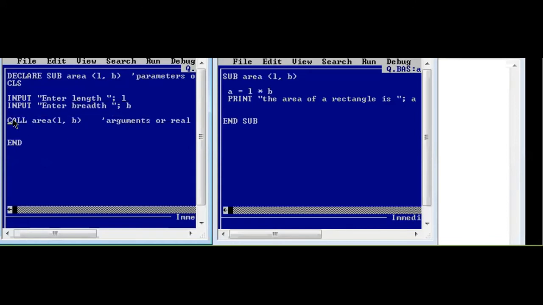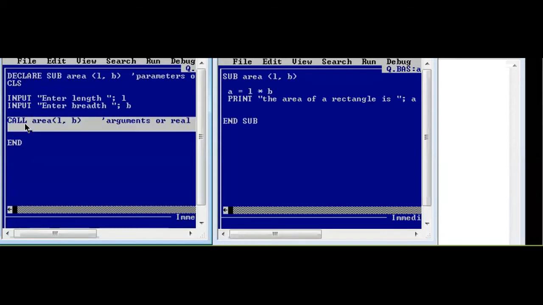And then comes this part. Now this part is also important and has to be understood. As soon as we take input, we will call the sub procedure, and it is done through this call statement. Call area. So as soon as call gets executed, our control will be directed towards our sub procedure.